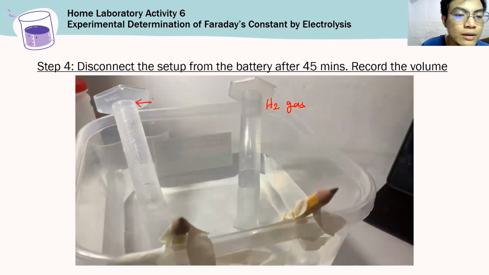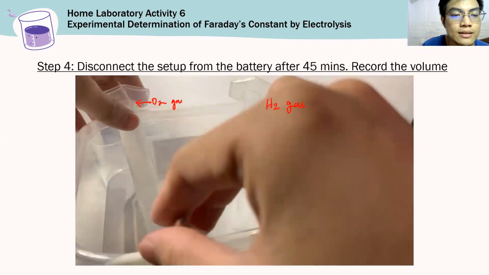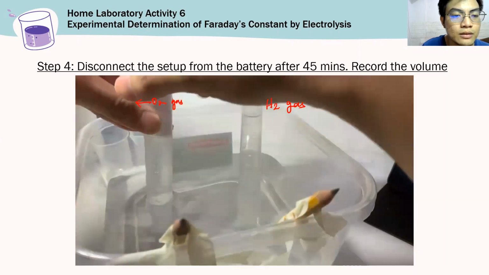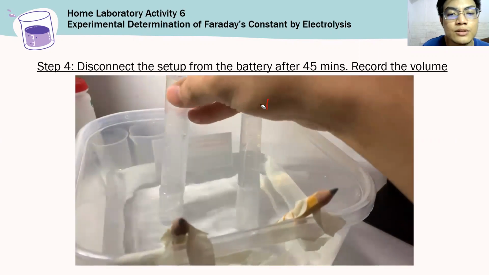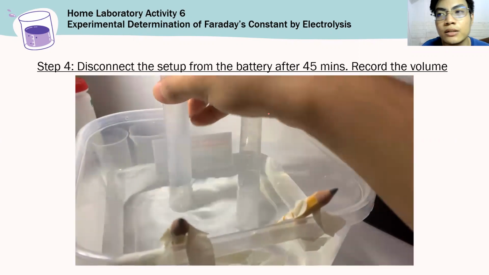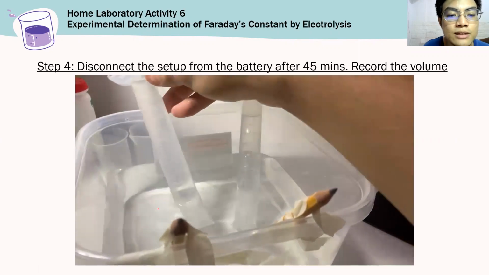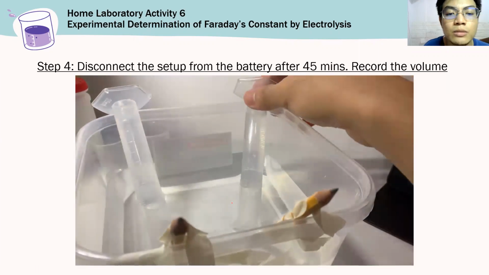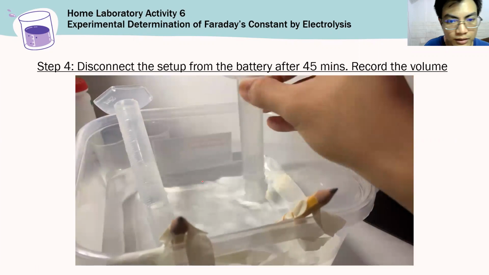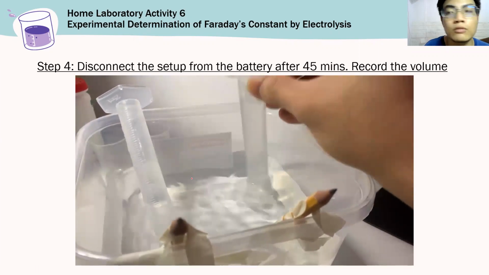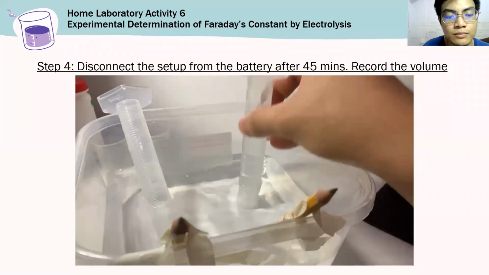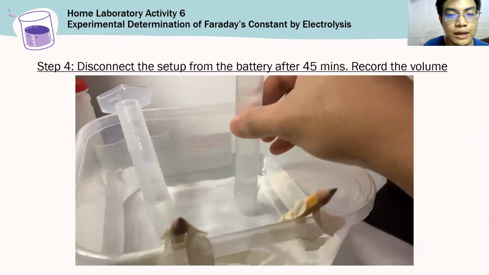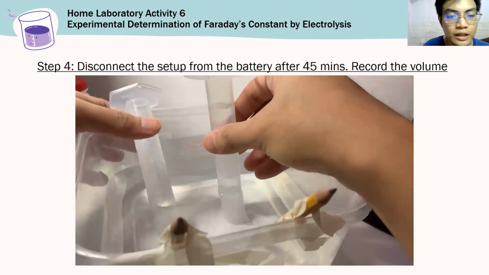There you have your oxygen gas. I tap the graduated cylinder so that the air bubbles at the bottom of the graduated cylinder will go up by buoyancy. So I tap it, and then